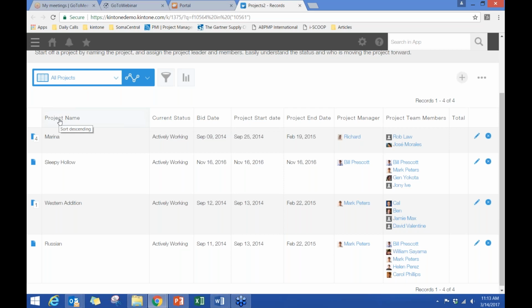You might have so many fields of data, and they might not all be the most relevant to everyone doing a specific job in the same spreadsheet or Kintone application at this point. So you can set a view, again with our drag and drop utility, to bring the fields of data onto the form on the right that are most relevant for your job. So when you log in, you see what you need to see to get this project going and move on with your day. So if I click on the Marina project,